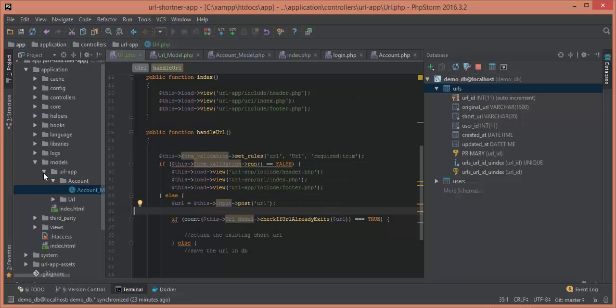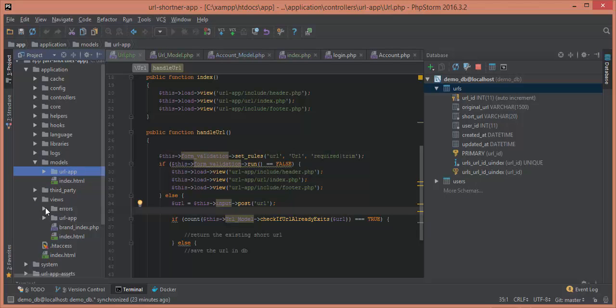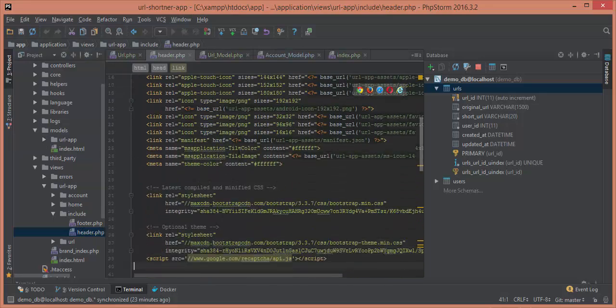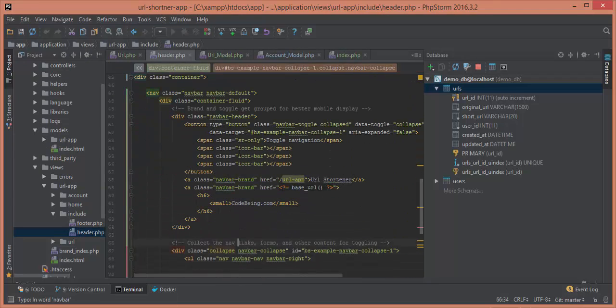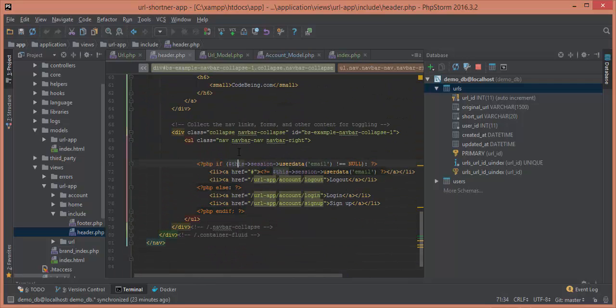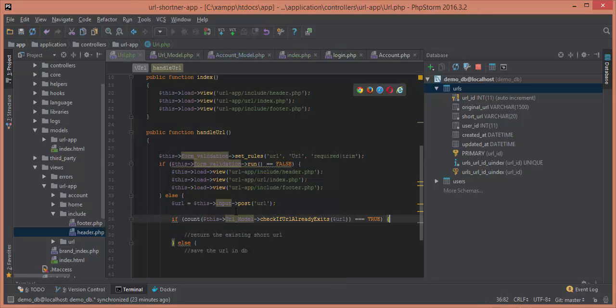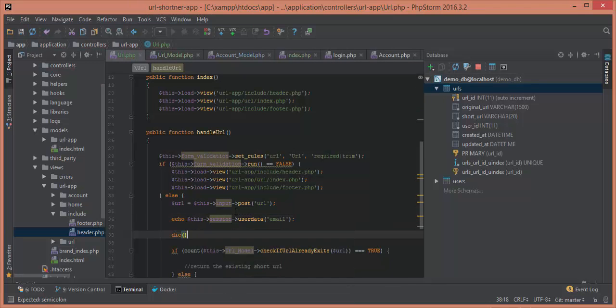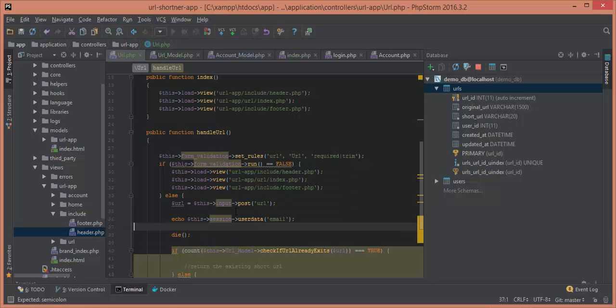So how do we get the email? To see if there is something inside the session data, we need to move to your headers and get something from here, which is known as the session user data email. We will get our email from here. Just echo this to see if there is. Okay, now I have the email. Just pass this email to